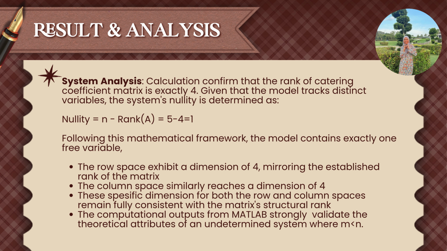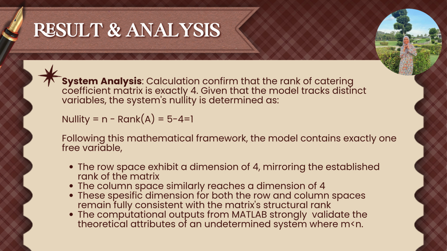First, the row space has a dimension of 4, mirroring the established rank of the matrix. Second, the column space similarly reaches a dimension of 4. The third is that this specific dimension for both the row and column spaces remains fully consistent with the matrix's structural rank. The last one is that the computational output from MATLAB strongly validates the theoretical attribute of an undetermined system where